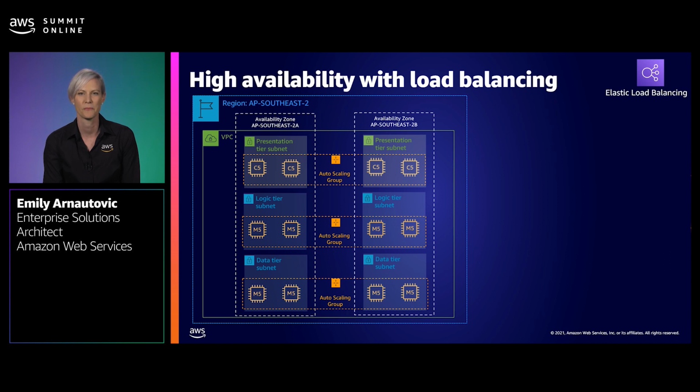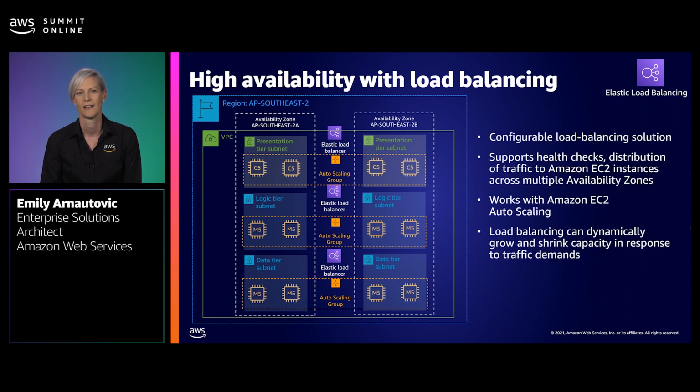Hardware load balancers are a common network appliance used in traditional 3-tier application architectures. Now, Elastic Load Balancing, or ELB, is a configurable load balancing solution in AWS that Nikki and her team will want to use to achieve high availability and automatic scaling that will help them build fault-tolerant architectures. You can use ELBs for health checking on hosts and distributing traffic to EC2 instances across those multiple AZs. You can also dynamically grow and shrink that load balancing capacity to adjust to traffic demands. Nikki and her team will also be happy about security options with ELB, like certificate management, SSL/TLS, and integration with Amazon EC2.